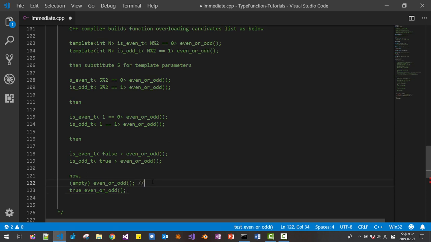This is not true. This is double. Now it is invalid. This is valid. So this other function gets called. Then this candidate gets removed from the candidates list.